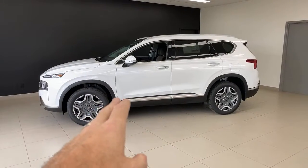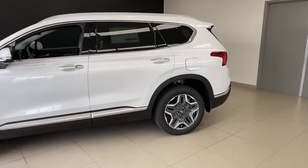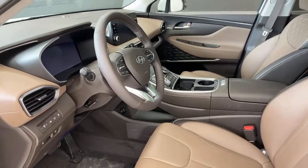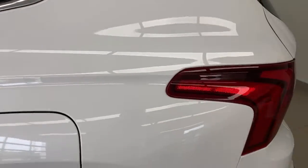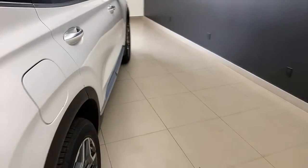What that means is that it's capable of being plugged in, and I'll show you right here. I don't know if I can open this one right now. This side will be your gas door. We've seen that. Let me just open it up. All right, so unlock the car fully. There we go. See if I can get in here now. Oh boy, can't get in there. That is your gas door. This one over here on the other side, so in other words, if you see